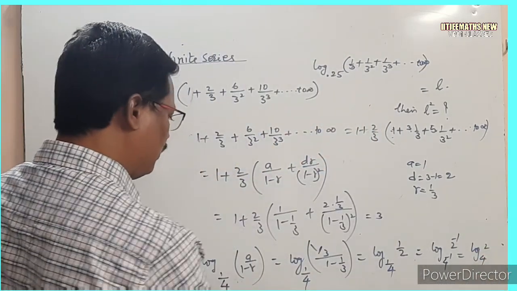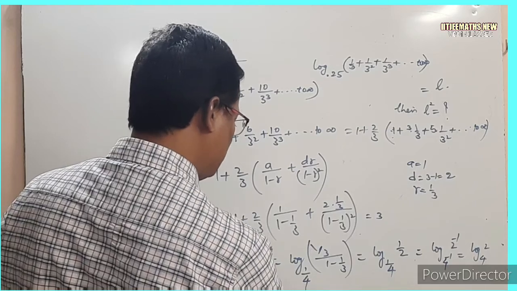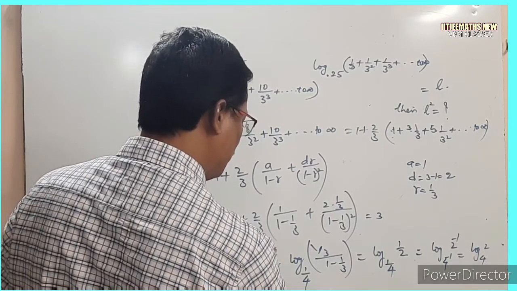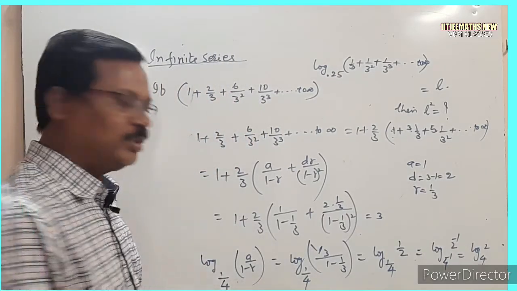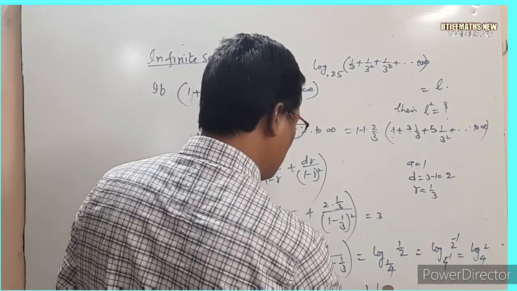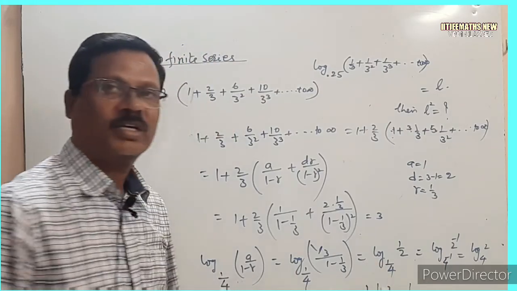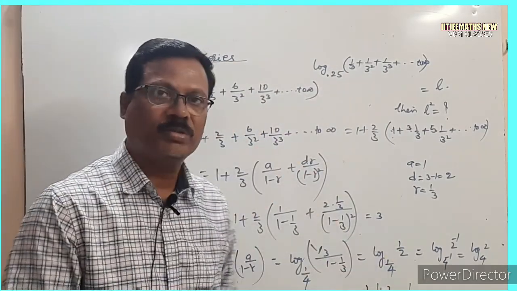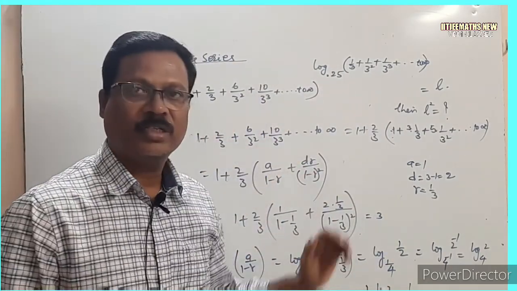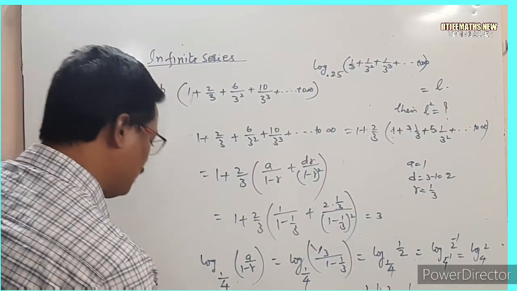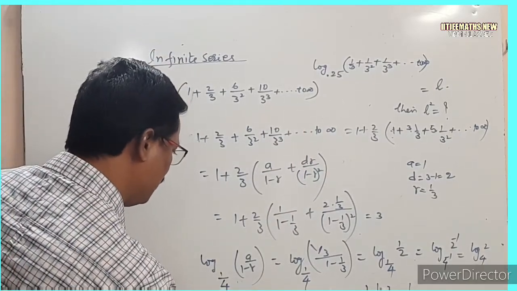Now is it equal to this? Log 2 base 2 square I am writing. This exponent is common, that is 1 by 2 log 2 base 2. Therefore this is 1 by 2 we got. That exponent we got 1 by 2 and this base is 3. Therefore that given expression we can write like this.